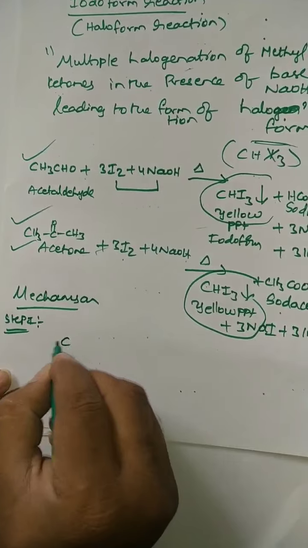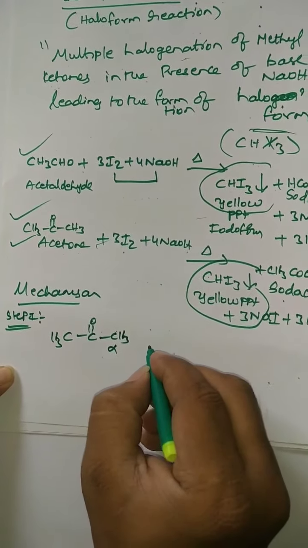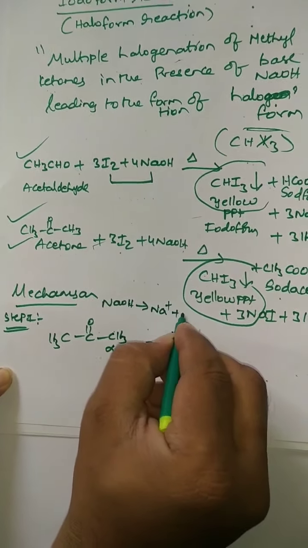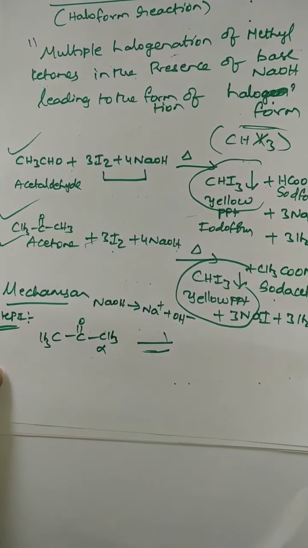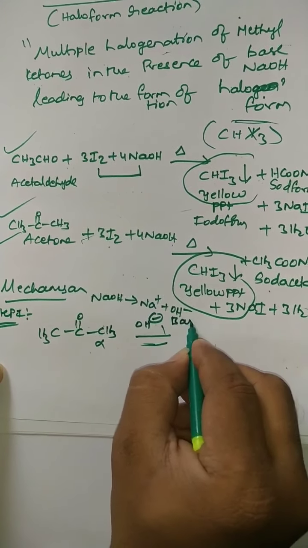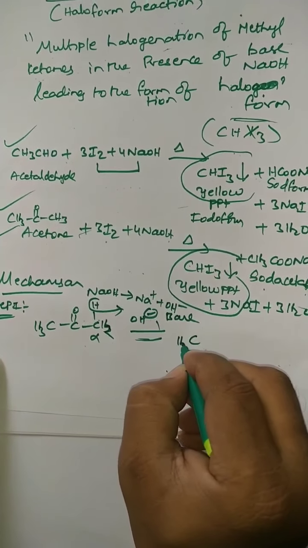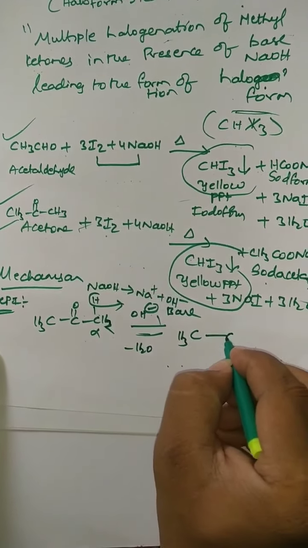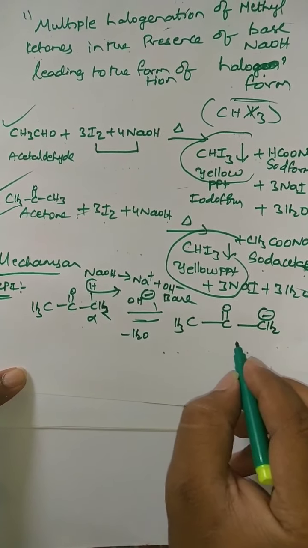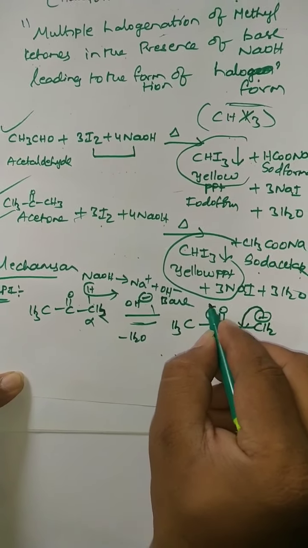So here first I have taken acetone, CH3COCH3. This is alpha carbon, right? So first sodium hydroxide splits into Na+ and OH-. No need to by-heart the mechanism, just learn how you are getting the products. So here this OH- acts as a base. The base abstracts alpha hydrogen. So finally what you will get: the water molecule is eliminated, CH3 C double bond O CH2-, right? This is very important, a stable carbanion. If you draw the resonating structures,